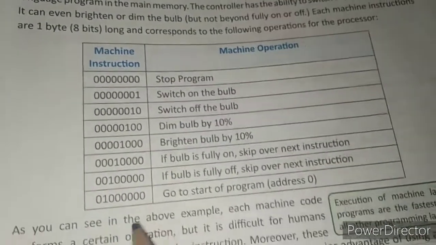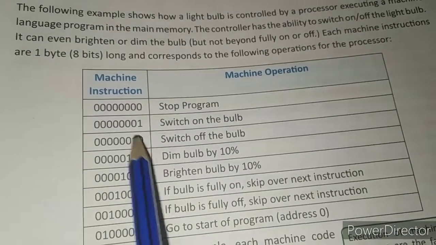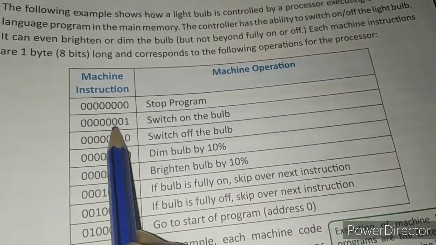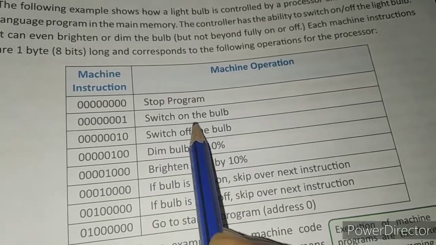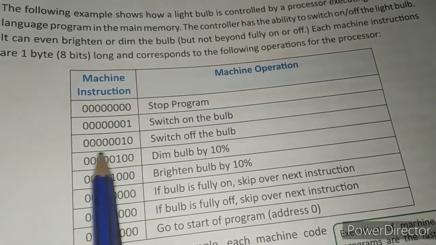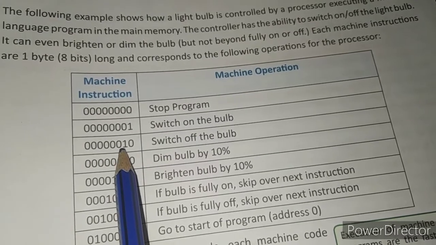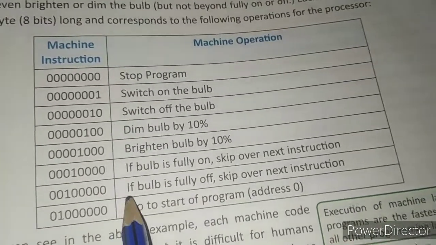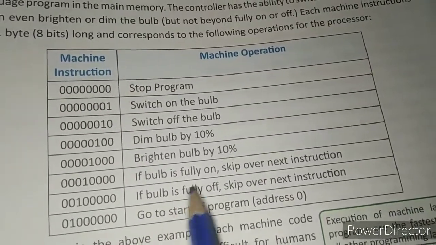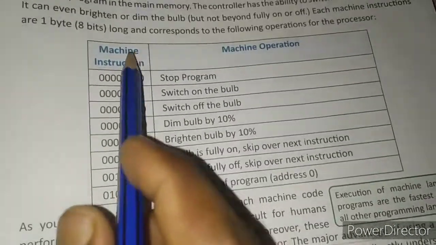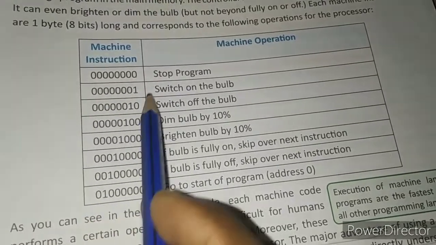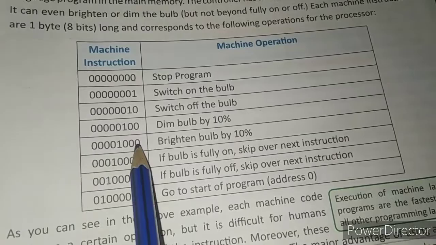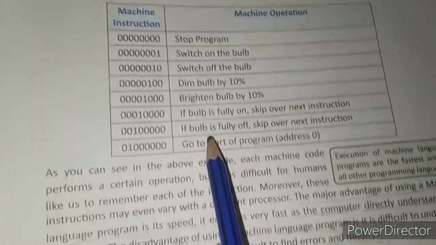So here there are some binary codes, machine instructions. When 80 is there, stop the program. When 70 and 1, switch on the bulb. Likewise, when 0006 and 10, then switch off the bulb. These are the instructions to control the bulb, and these have been given in binary language. You are watching here that these are the codes written with the help of 0 and 1. So these are binary language instructions.